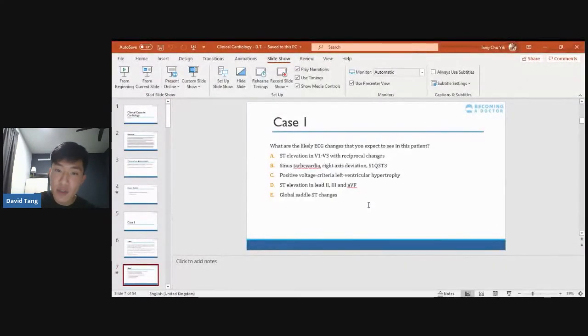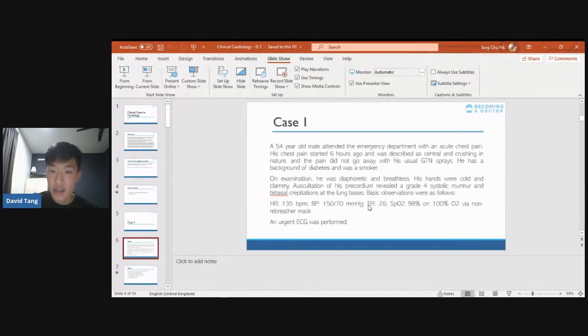Let's go back to the presentation, and we have 2 questions from the crowd regarding the initial case presentation. So let's go back to the case. The question was, why not option 1, ST changes in V1 to V3? Let me share the screen. My apologies. Okay. Right. So in this case, as V1 to V3 signifies an anterior myocardial infarction, and as I